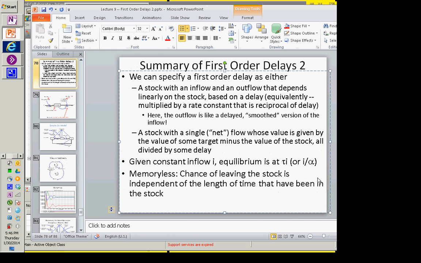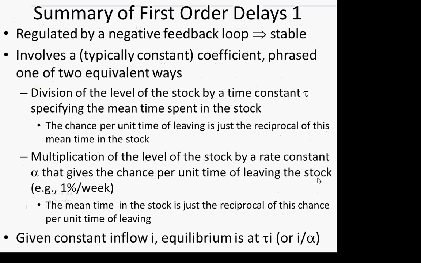So, summary of first order delays. They're regulated by a negative feedback loop, and that means they're stable. They push back against disturbance. We saw it last time, right? We perturbed it periodically with this event, just added 100 to it, and it kept on going back to its value. It kept on returning to its value. It involves